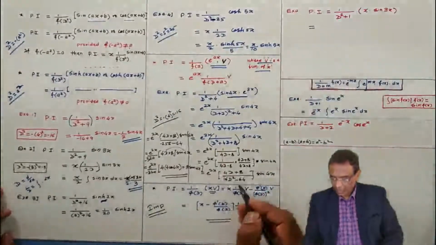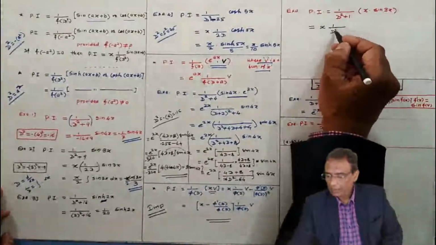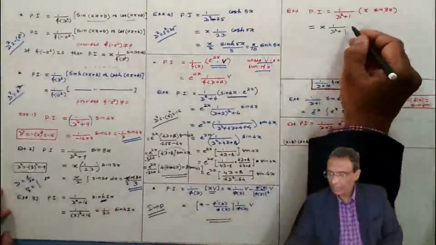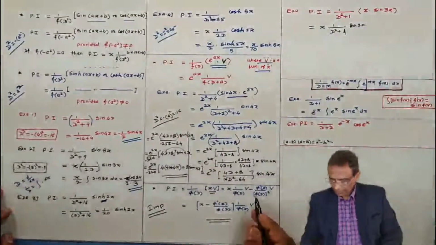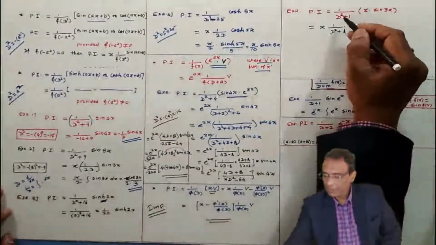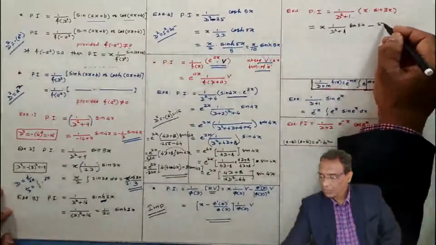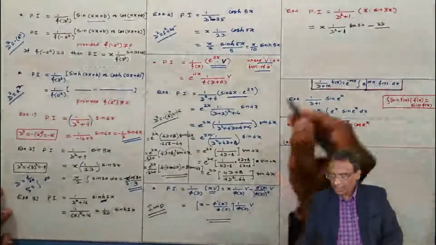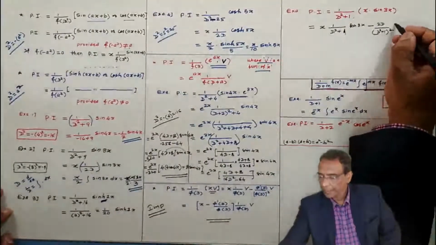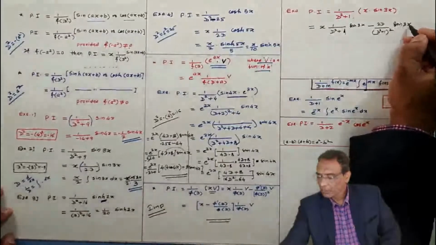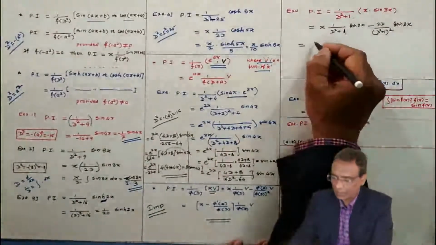See, x I have written, 1 by this I have written, v I have written, v is a function of, okay, this is 1, minus phi dash. Phi dash means this is phi, the derivative of d square plus 1 is 2d, and phi d whole square means d square plus 1 whole square. This type of problem also is less likely to be asked in an online examination.